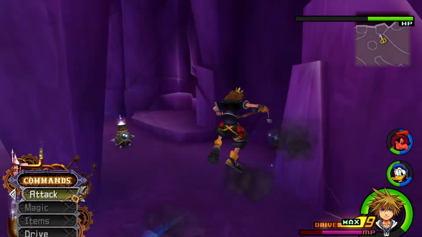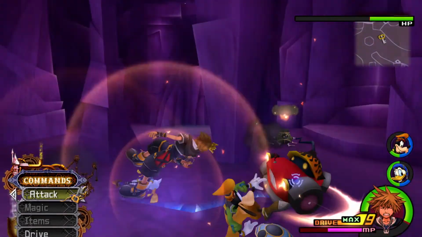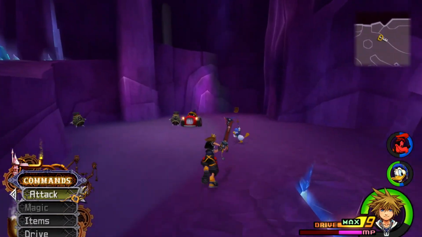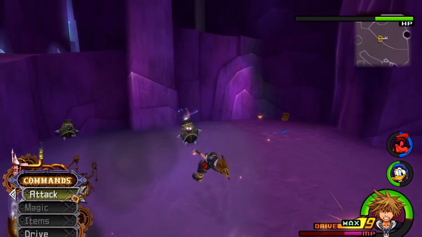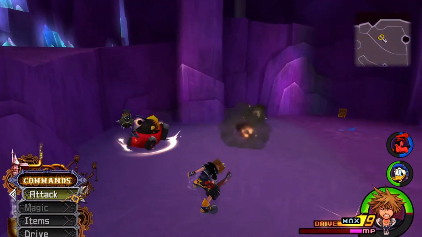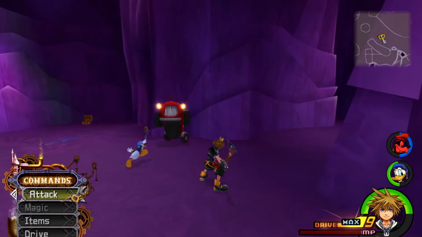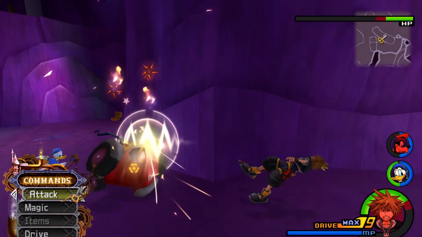Hey, there we go, Magnet Spiral, actually. That's an ability that I've literally just stolen for my game. Okay, there's one thing. Kingdom Hearts 2 is effectively the best action RPG ever made. No need to change my mind. You can't. It's literally impossible to change my mind on that.